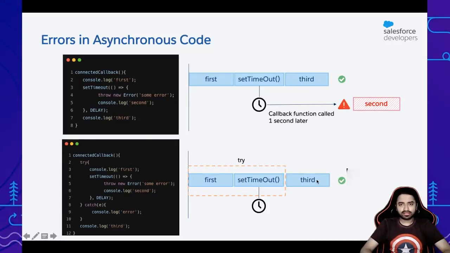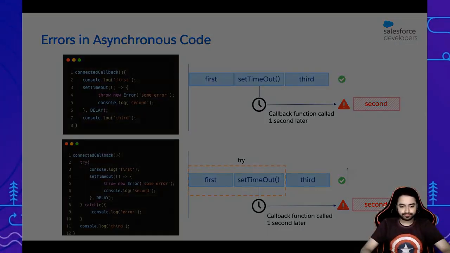Then immediately the third console log gets called and this whole transaction is successful. But when the callback function is called a second later, it again fails with an error. So my first transaction is again successful in spite of putting a try catch block around it, and my second transaction is failing.